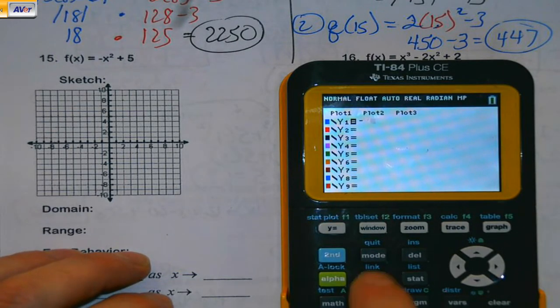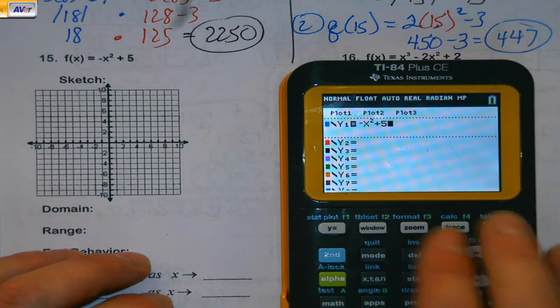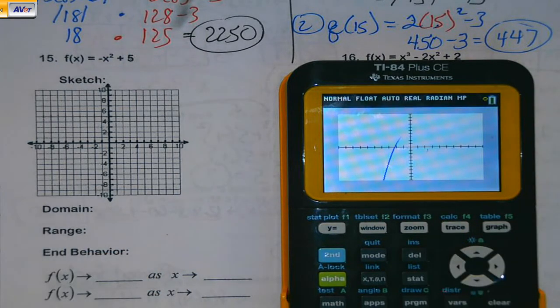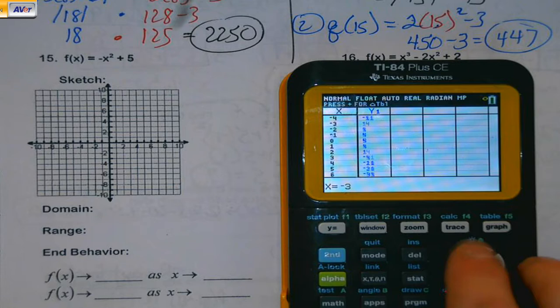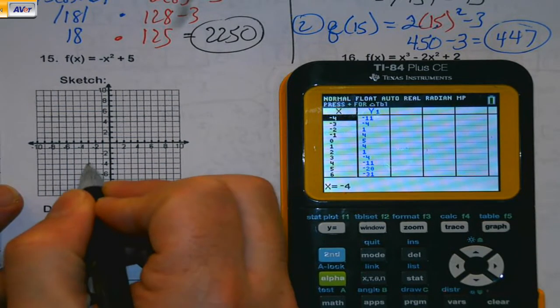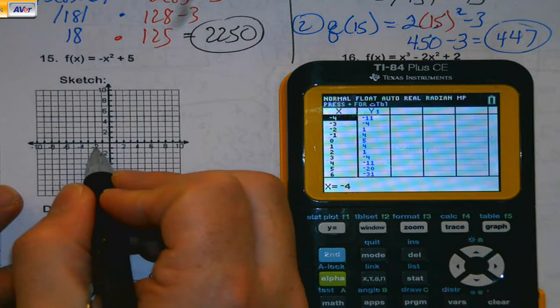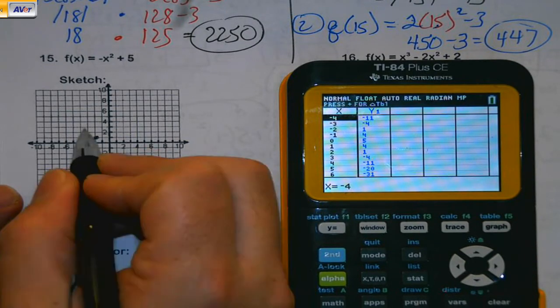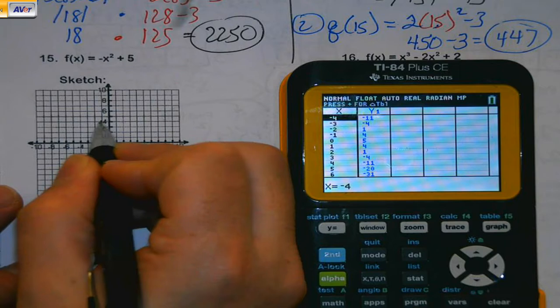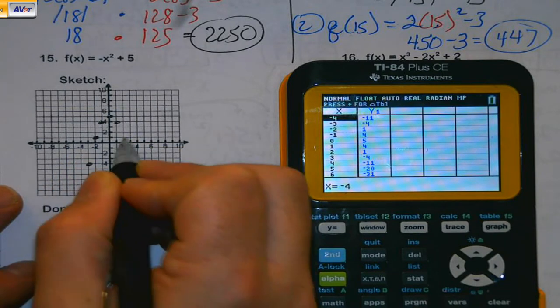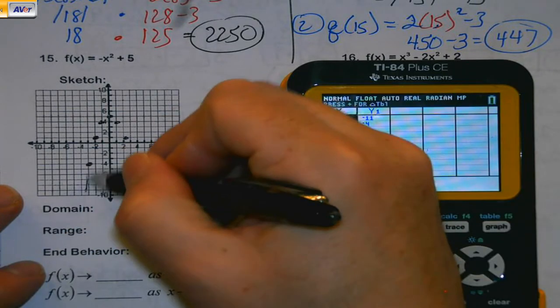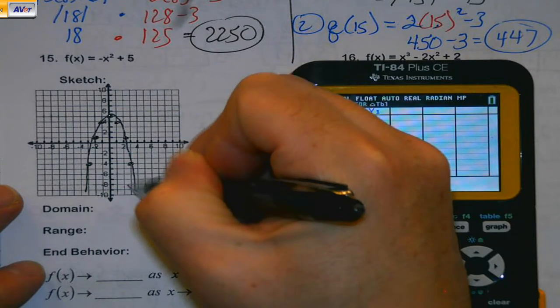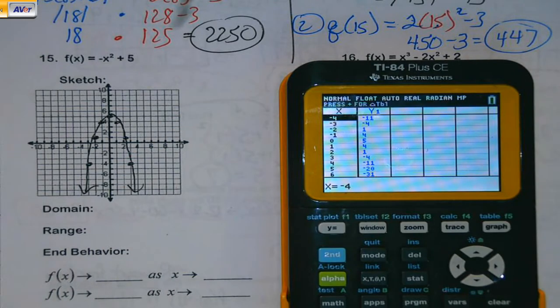So negative x squared plus 5. Okay, we'll take a look at the picture first. Parabola open and down. Okay. Get me some values to work with. And typically, I'm going to take every single one I think basically is going to fit on my graph. And we're going to get those plotted on here. So once I get those